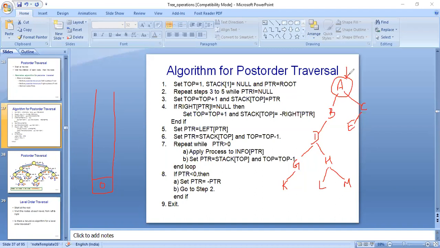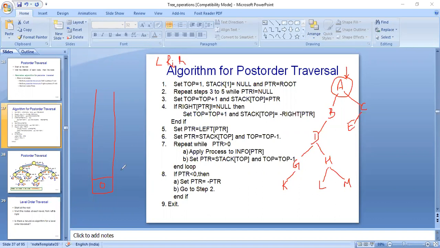So we will proceed down the leftmost path rooted at ptr A. We will be pushing the nodes A, B, D, G and K into the stack. We are pushing these nodes because these are the leftmost nodes. We have to follow the sequence of left, right and root.